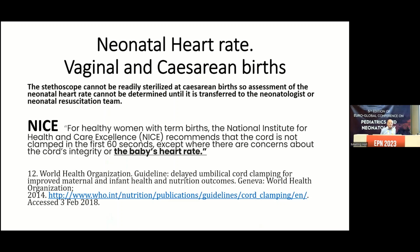Now, of course, perhaps for vaginal birth, there's no particular need for sterility, but for a cesarean section, of course, you need to have sterile equipment. The stethoscope cannot really be sterilized, and I can't imagine how the ECG and oximetry can be used in a sterile way. So for a cesarean section, you have a definite problem